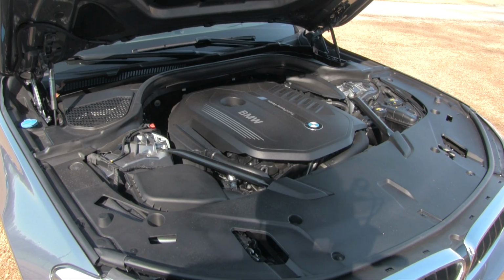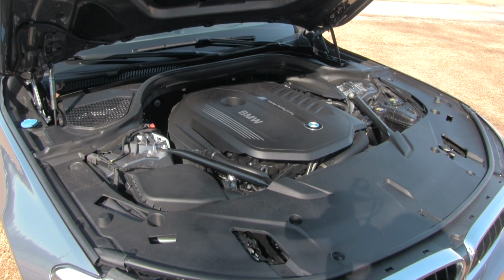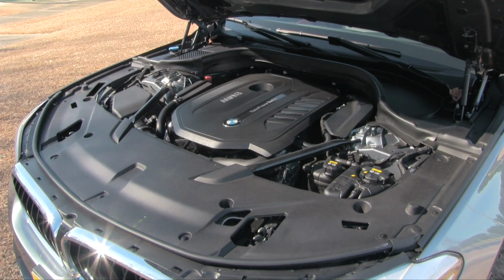Now, the engine for the 640i is specifically a 3.0 liter 6-cylinder inline twin turbo engine. That's going to deliver about 335 horses and 332 foot-pounds of torque, and a not too shabby 5.1 seconds from 0 to 60. The 6-cylinder engine is coupled with an 8-speed Steptronic Sport automatic transmission with paddle shifters on the steering wheel. It also has optimized aerodynamics, and its weight-saving construction makes the all-new 6 Series a sporting performer with the highest